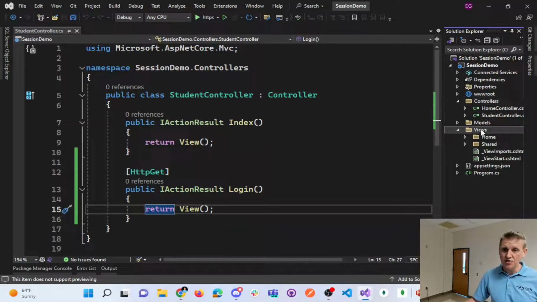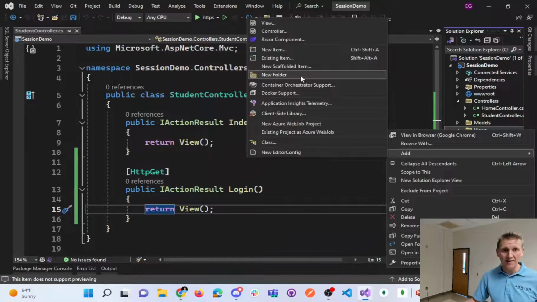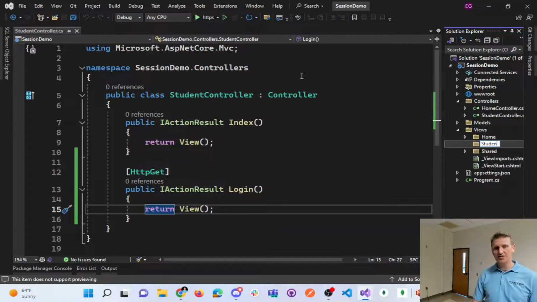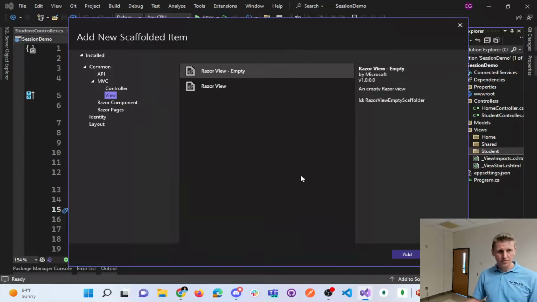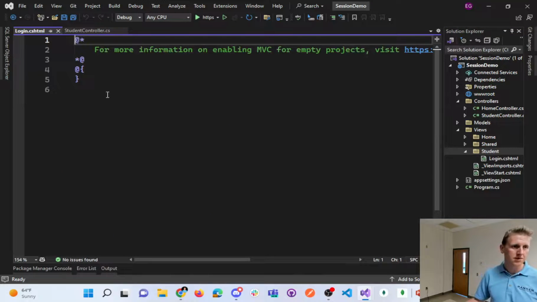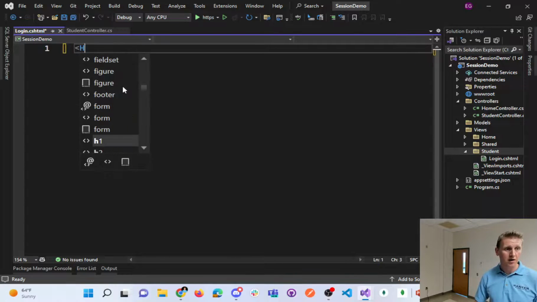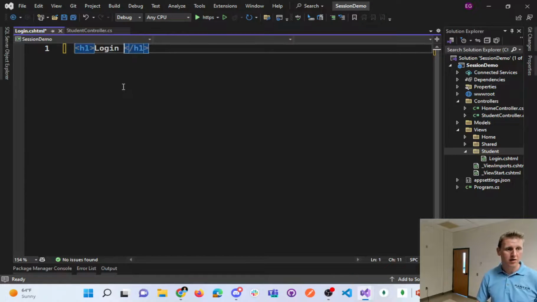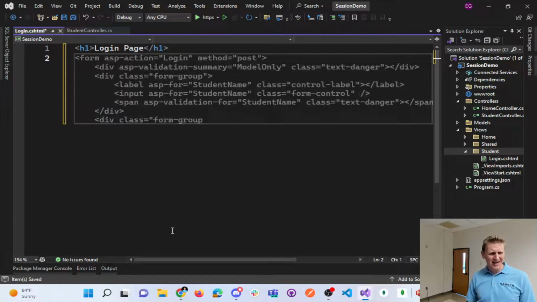Which then I need to make a Student folder inside of my Views. So add a folder called Student, because that's the name of my controller. And then I need to make a Login Razor view. So I'm going to add a view called Login and delete this template stuff here. With a login page,